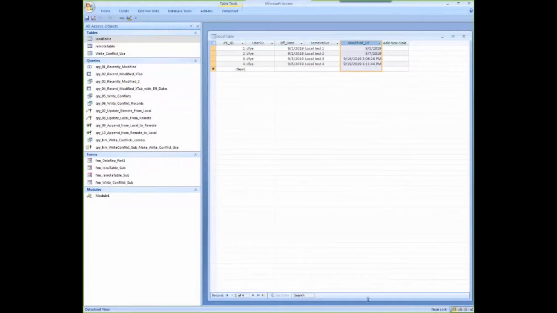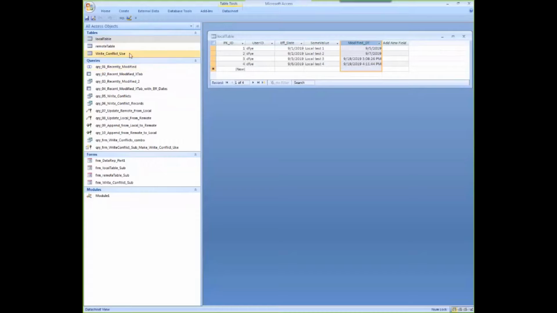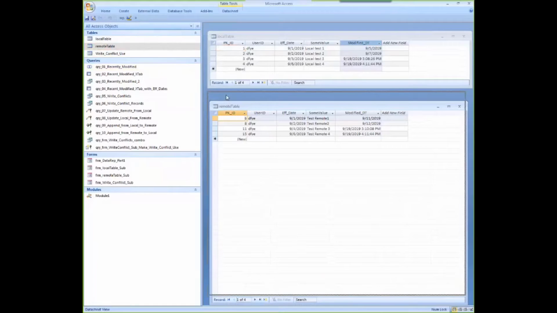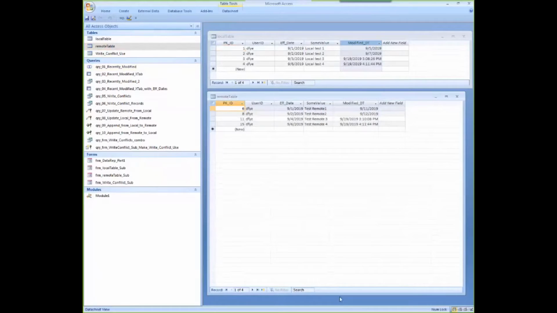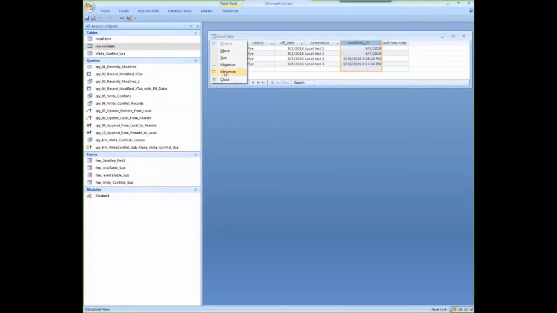I've got the same information, or I should say the same structure, in the remote table. I should note that on the Azure database, I also have a timestamp column, or row version, whatever you want to call it, so that's available as well. So what I did was I created a form to allow us to look at the data.